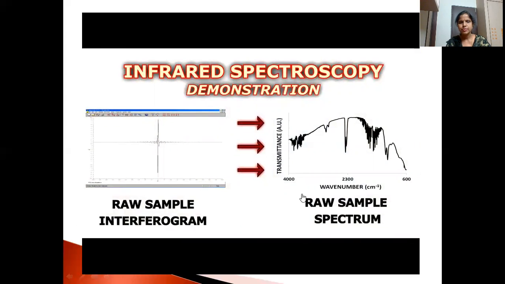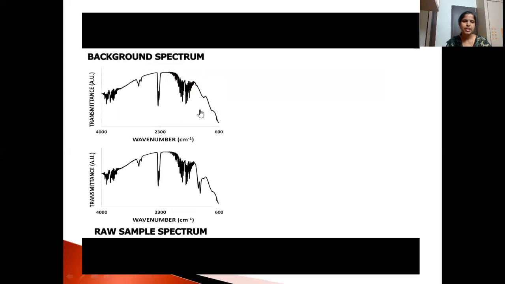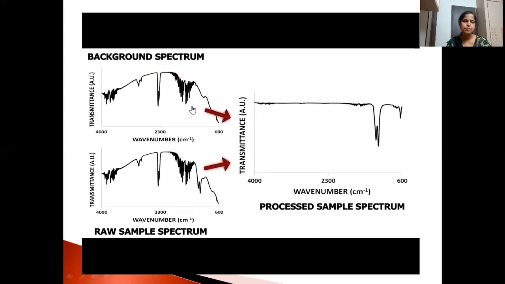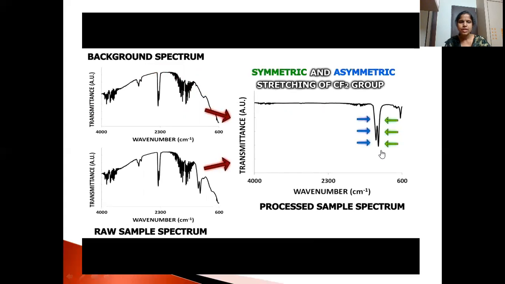The raw sample spectrum gives rise to this spectrum, and these peaks are extra when compared with the background spectrum, which does not have these peaks. When you superimpose the two and cancel out the rest, we are left with only the bands due to the sample. This is how a clean and clear IR spectrum is obtained, without the background bands due to the moisture and carbon dioxide present in the machine. So this is how an IR spectrum is recorded.